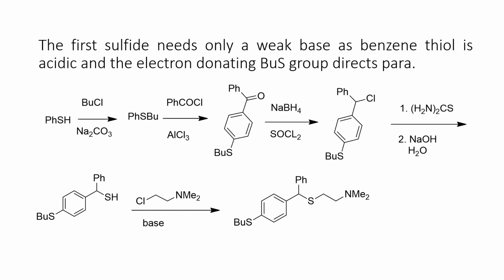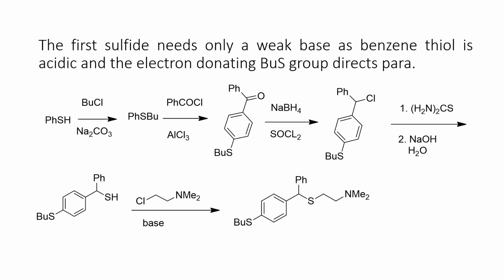Butyl chloride will react with the benzene thiol to obtain the phenyl butyl thioether. It will further undergo Friedel-Crafts acylation. एक्चुअली इसकी acylation होगी और butyl sulfur की para position पे एक benzoyl group attach होगा।